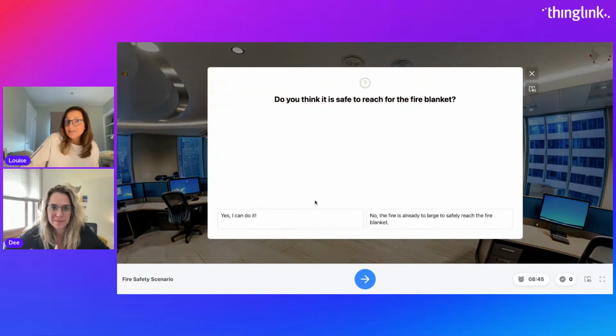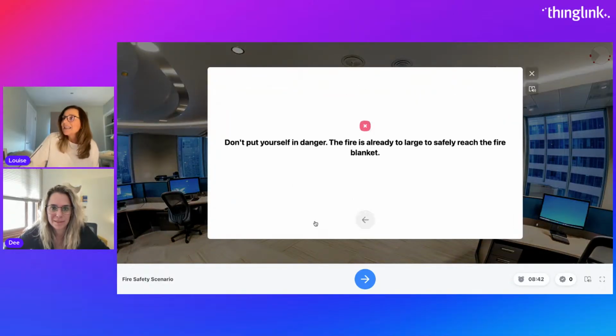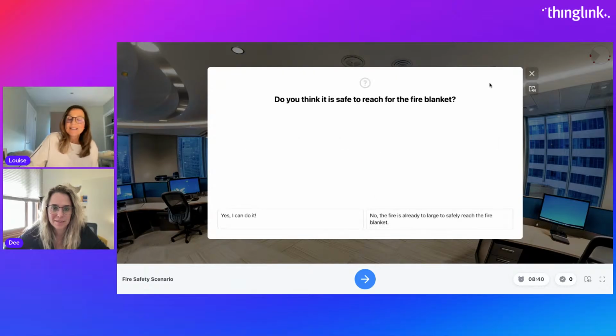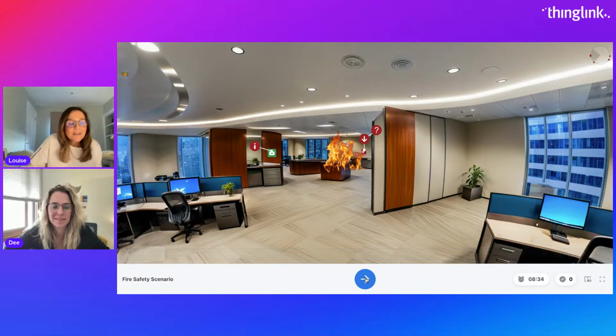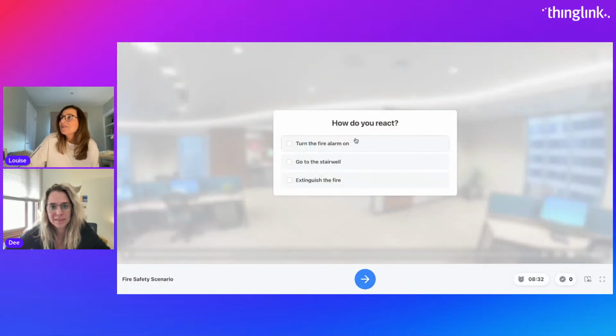Do you think it's safe to reach for the fire blanket? Yes, I can do it. Don't put yourself in danger. So there's already a little bit of information on there. If I click the forward button now, we've got how do I react? I turn the fire alarm on,